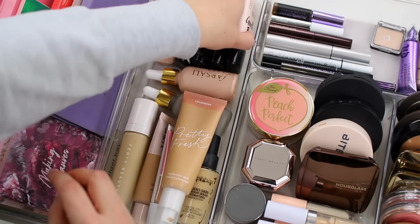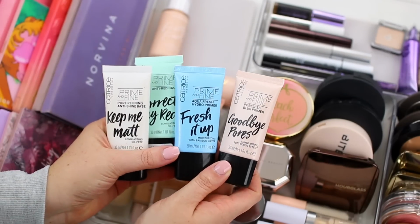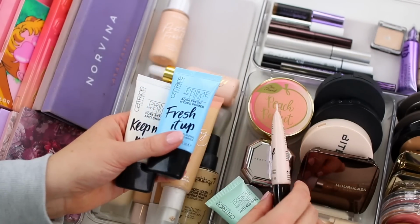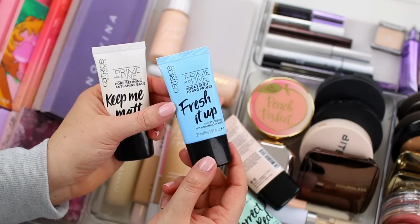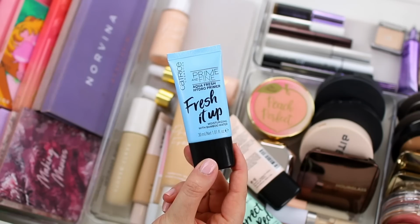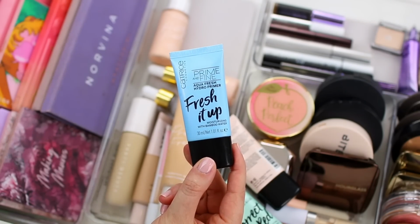I do have quite a few Catrice primers back here. So again, when I did my declutter, I realized that I haven't really tested out 2 of these. So 2 of them are my favorites. I love the Catrice Fresh It Up Aqua Fresh Hydro Primer. This one is such a great option if you're looking for a moisturizing primer. I think that it's pretty much a dupe for the Smashbox Primerizer, but it is of course a lot less